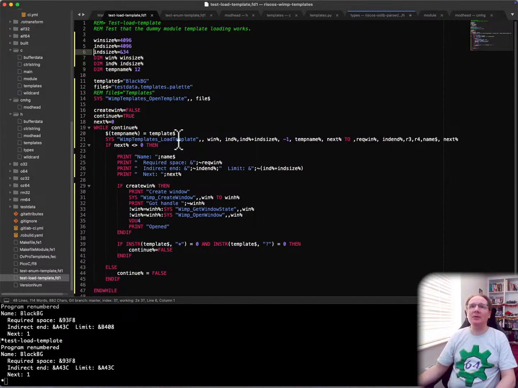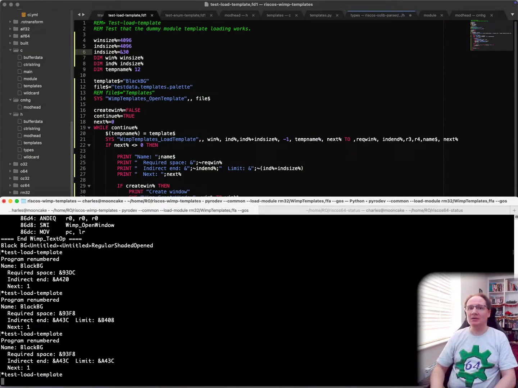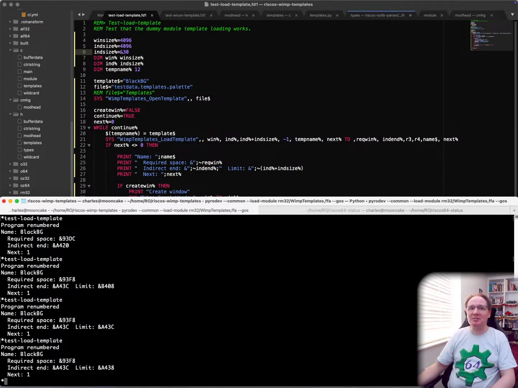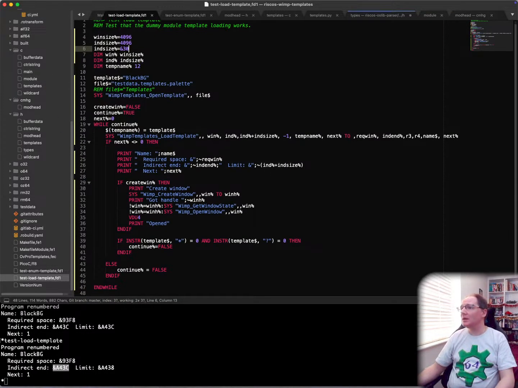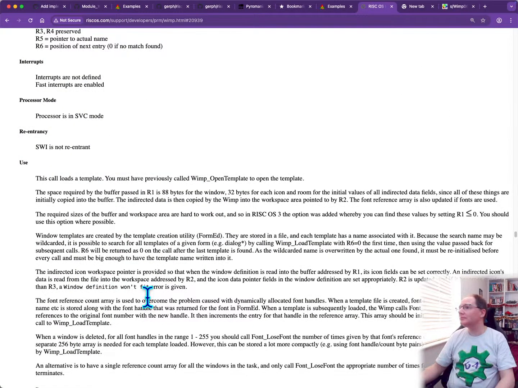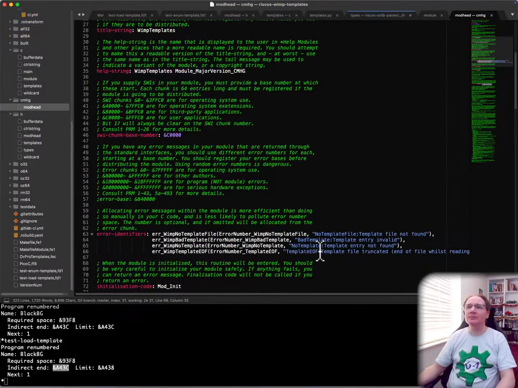So if I now go and say just 30 bytes, hex 30 bytes instead, right, now it goes and corrupts memory. So we've overwritten past the end of the buffer, which is quite useful. Right, so since we've overwritten the end of the buffer, I need to actually report an error there. And the error should be window definition won't fit, which we can do. So in the errors here,